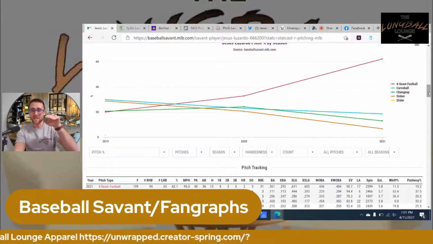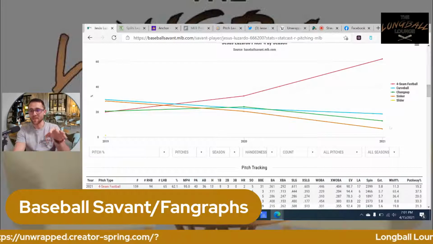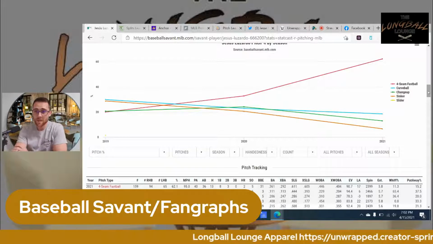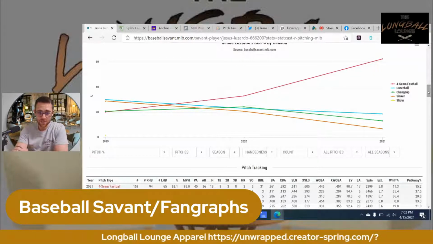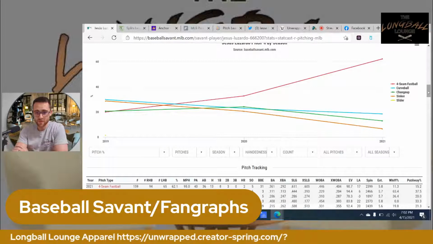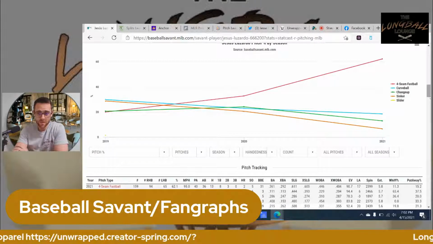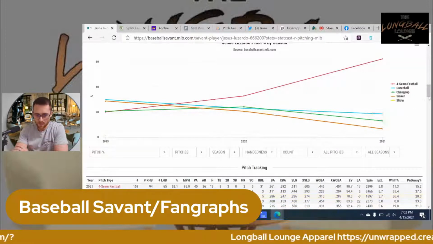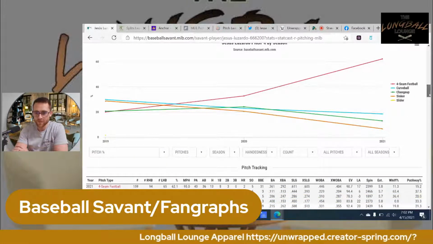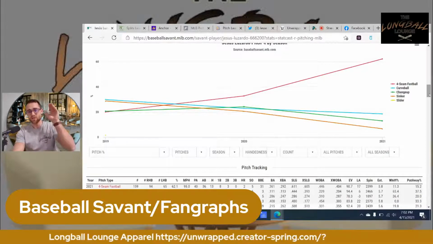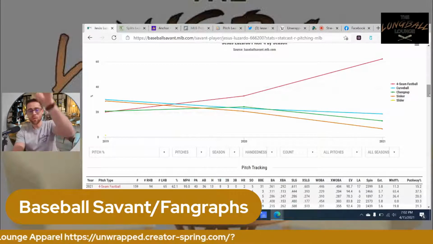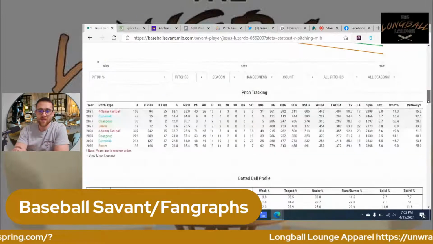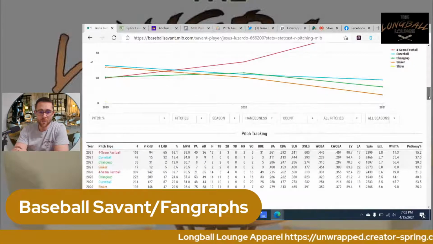But when you have the sinker and changeup going down, the sinker being the same speed as the fastball, but it goes down and the fastball goes up. Good luck hitting that. 96 miles an hour this guy's throwing. Good luck. Or 95, sorry, I'm giving him a little too much credit. Changeup drops to what? 87 miles per hour. So he's dropping 8 miles per hour between the two. Good luck. All those pitches looking the exact same. Two go down, one goes up. Two are the same speed, one is a different speed. If I had the tools to show you an overlay, I would show you how impossible that is to hit.